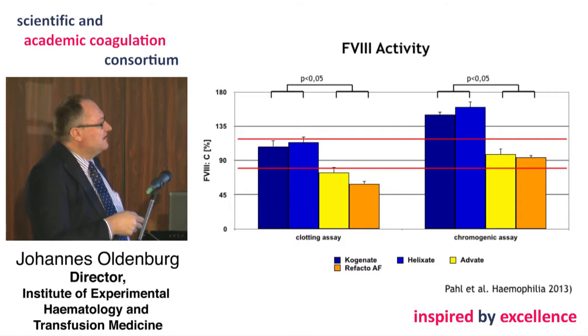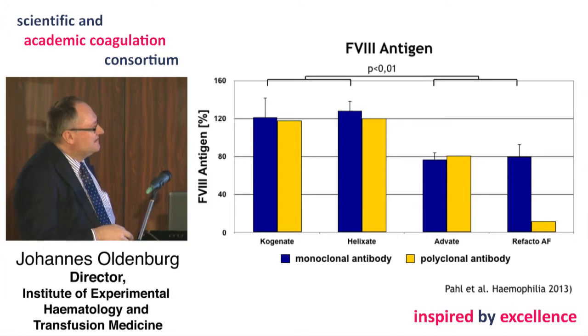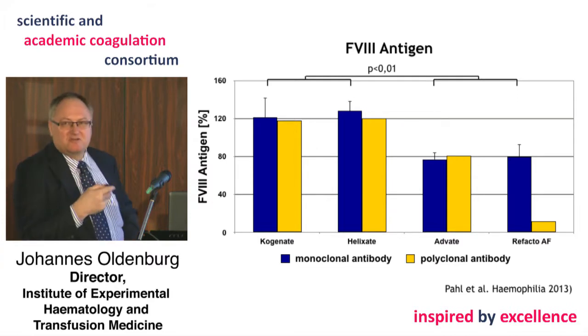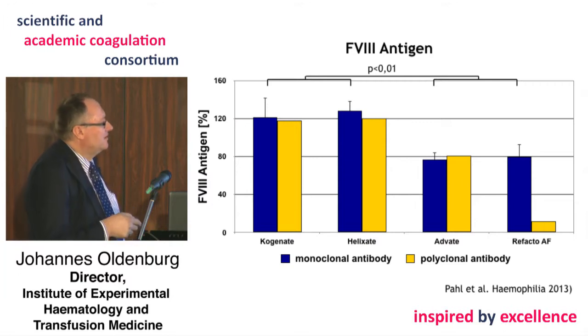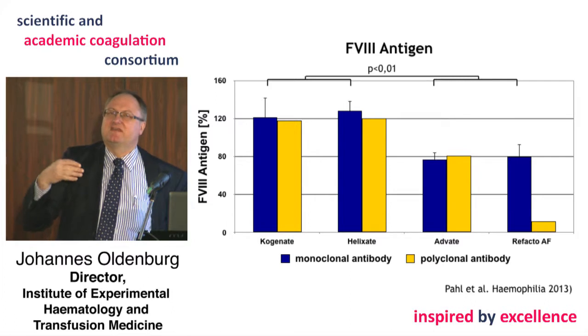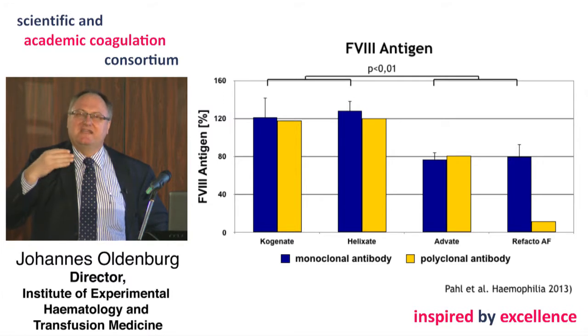This is antigen content, and it could also be seen that these 2 concentrates here have a much higher antigen content than these 2 concentrates here. You have to go for the blue column, which represents a monoclonal antibody for factor VIII antigen measurement. This is a B-domain deleted clotting factor concentrate, which does not respond to a polyclonal antibody. So we are using factor VIII concentrates with different potencies and different amounts of factor VIII